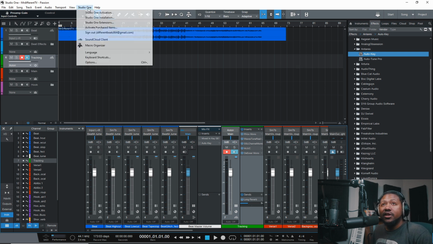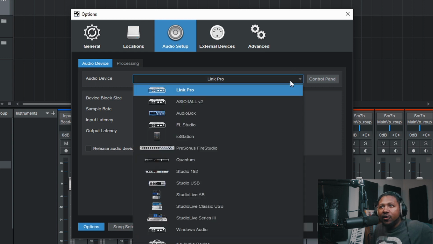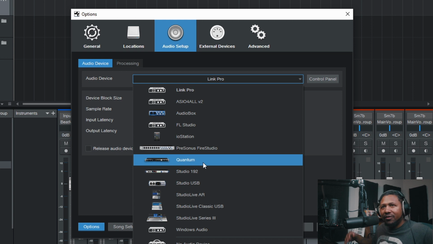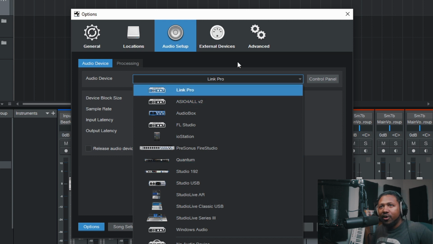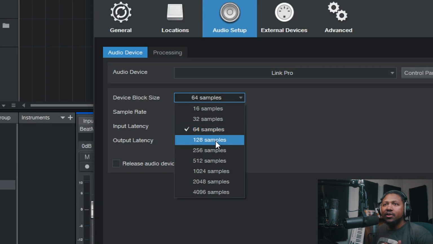So first off, let's just go check my buffer size. I'm gonna go to options, and then I'm gonna go to ASIO link. So basically have your ASIO driver, whatever it is. Usually I use the Quantum because I have a Thunderbolt interface, but I'm using ASIO link because I'm doing screen recording, so don't worry about that. But have it set as low as possible. I recommend between